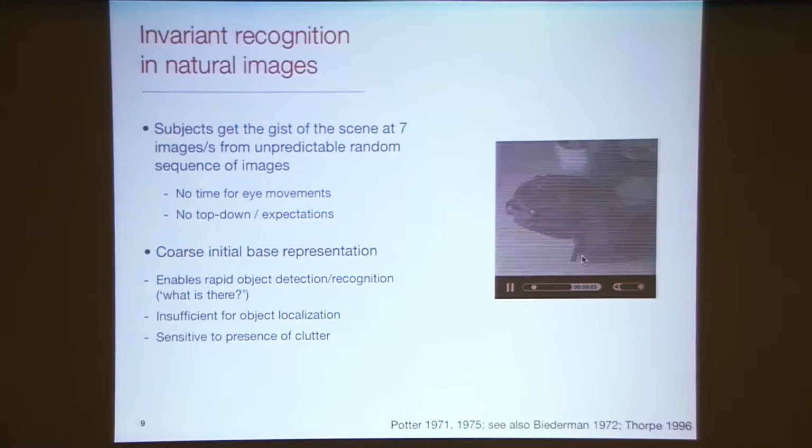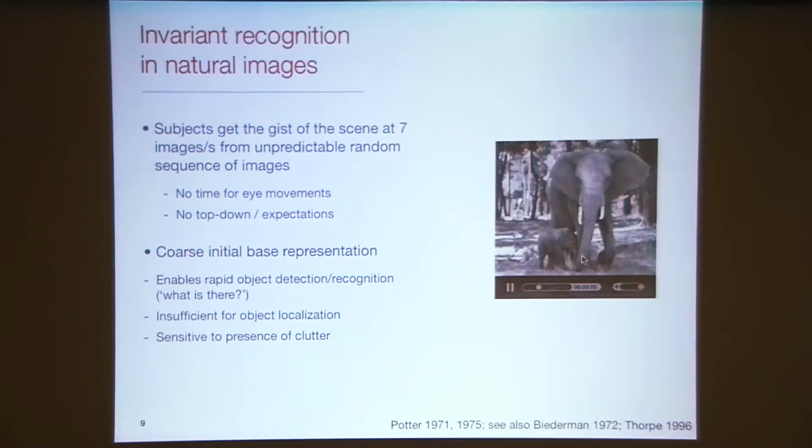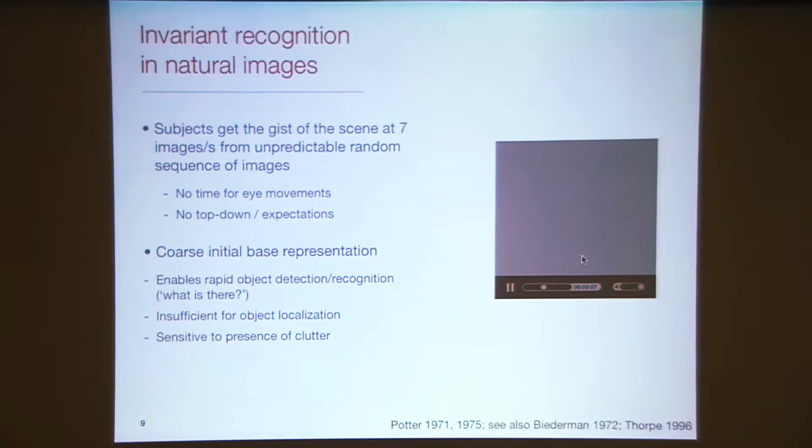Okay, so as I was mentioning, the task is sufficient for the what problem, but not enough for the where problem. And moreover, as I'll show you in a couple of slides after the break, it turns out that human observers are actually quite sensitive to the amount of clutter in those images when they perform the task. So typically people will be quite good when there is one dominant object in the scene, which is quite salient, when the amount of clutter is limited, but their performance drops quite rapidly when the amount of clutter increases.